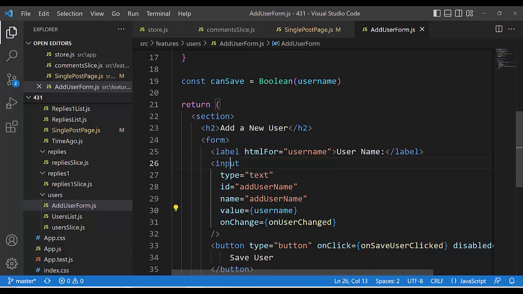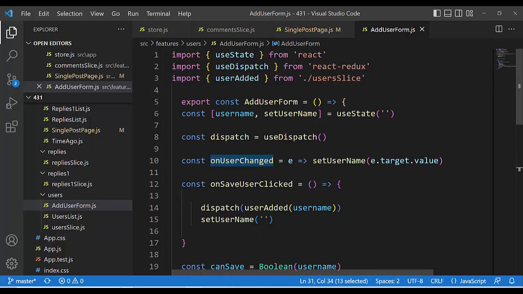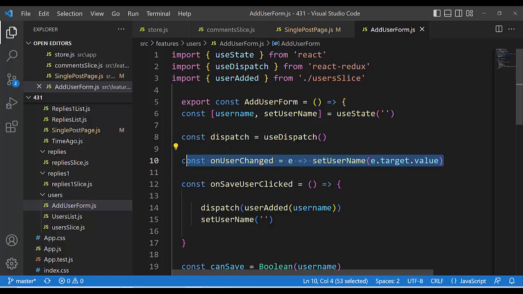The value is of that input, and the event will happen here. onChange would happen in that input, calling this function, which calls set username. All this would be the same; only the name changes, but this name would always be the same, and it is a generic expression,